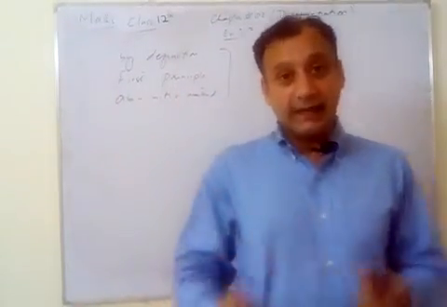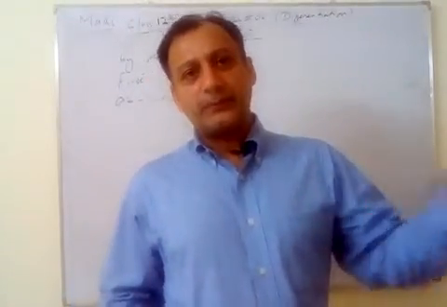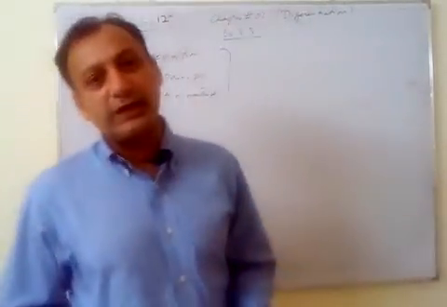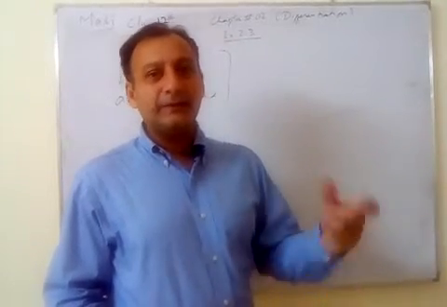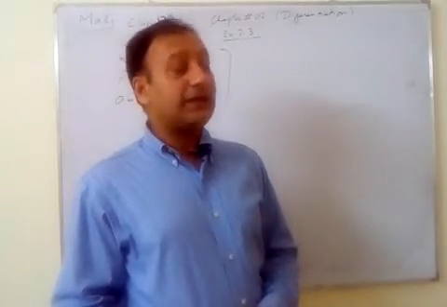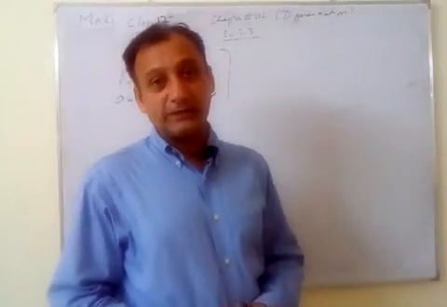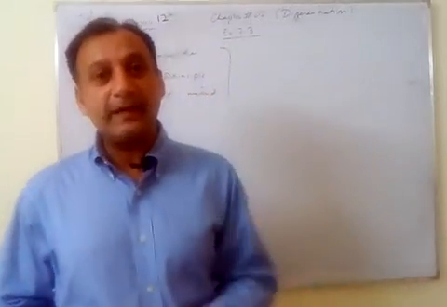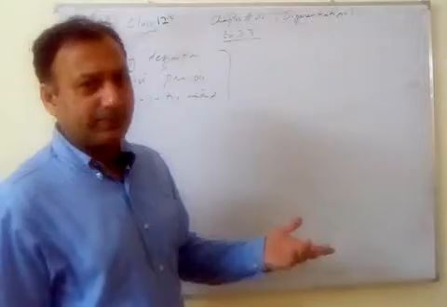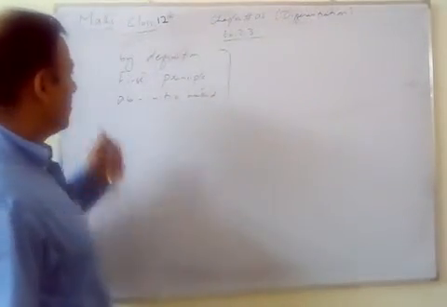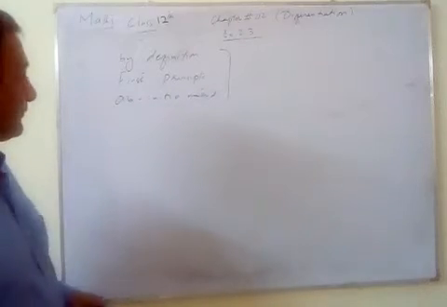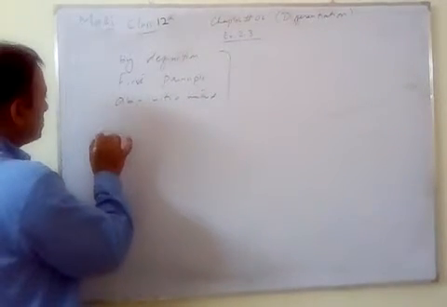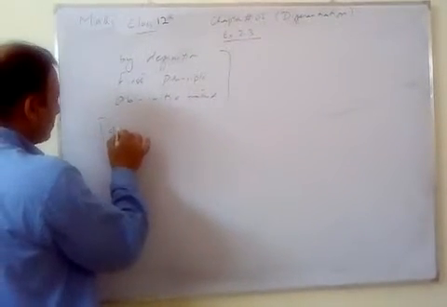In this, again I repeat. First of all, we take a small increment on both sides. We shift y from left to right, and then we divide by delta x on both sides and apply the limit delta x equal to 0 and simplify. This is the method. But now onward, mostly we will use the method of power rule.